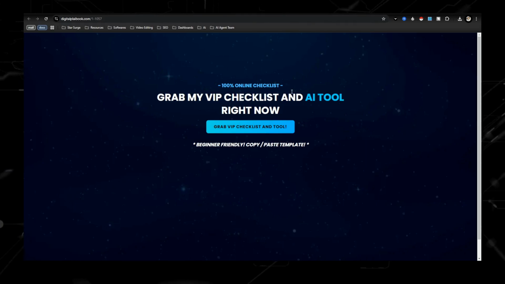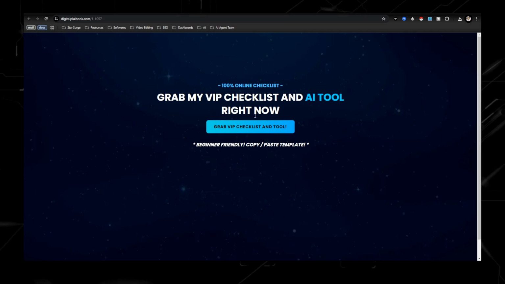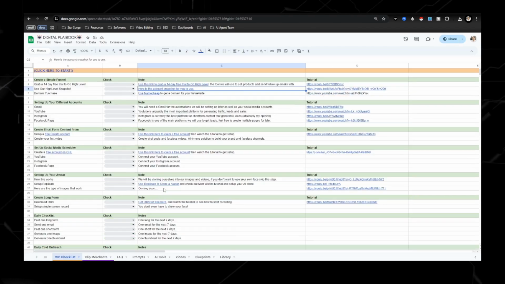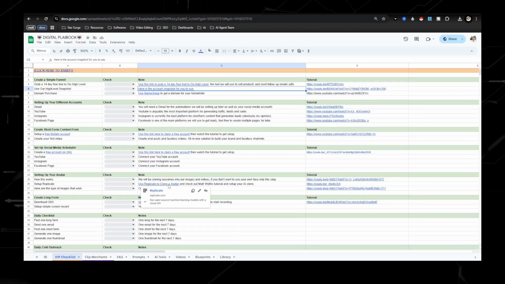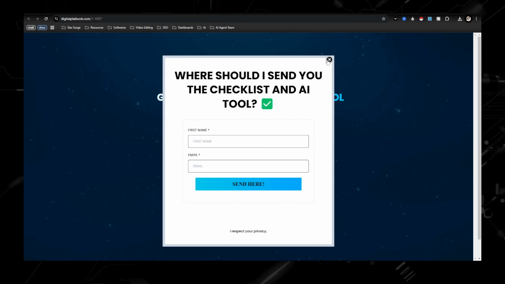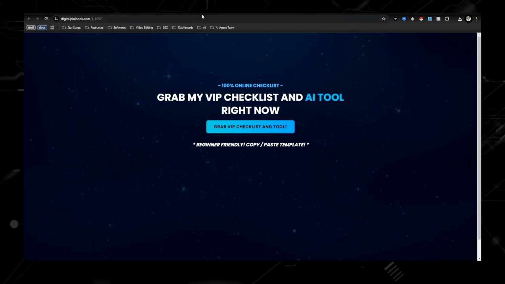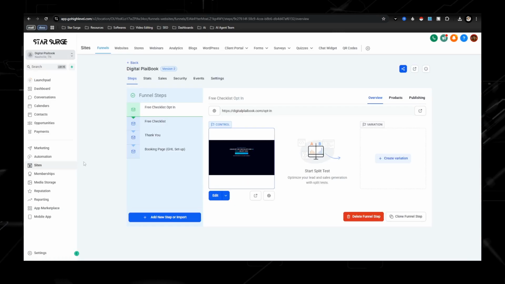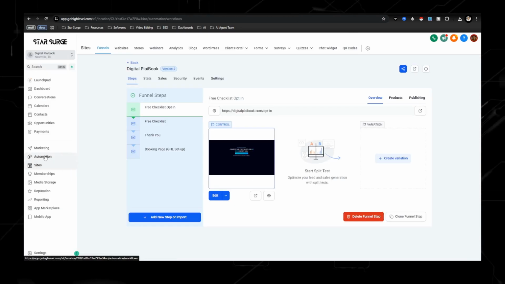So you're able to have this, obviously you can copy it, change it up a little bit, because maybe some of you guys aren't into the AI niche or want to talk about a different AI tool. More than happy to change that. So once you have this set up, the funnel, let's go ahead and talk about the back end part of it, which is going to be the email automations and sequences, and that's going to be right here.